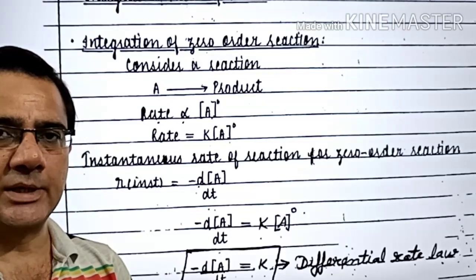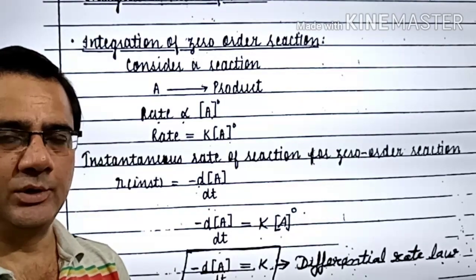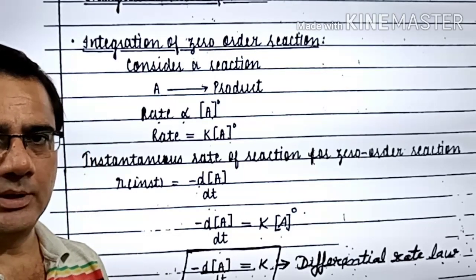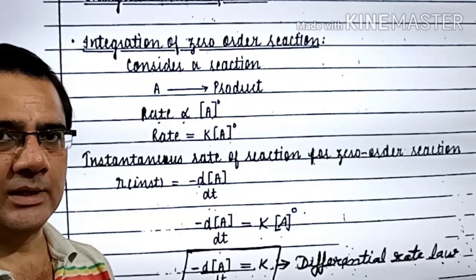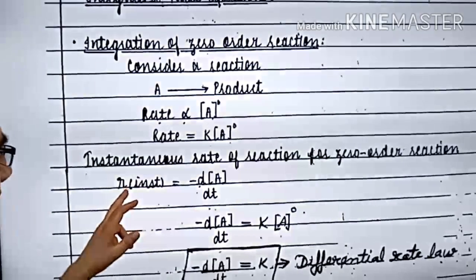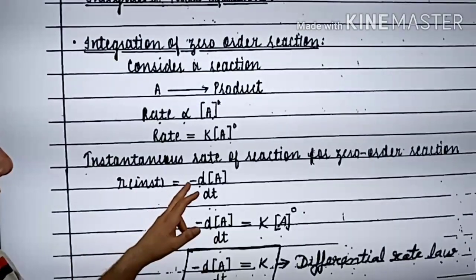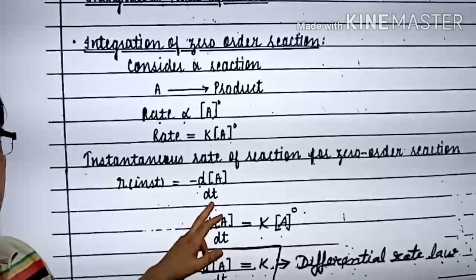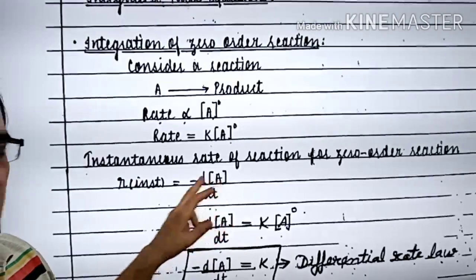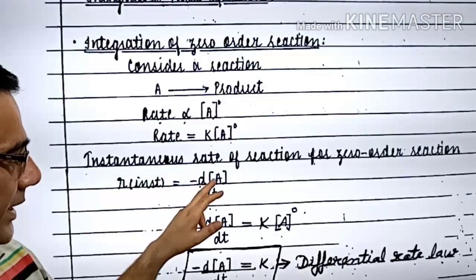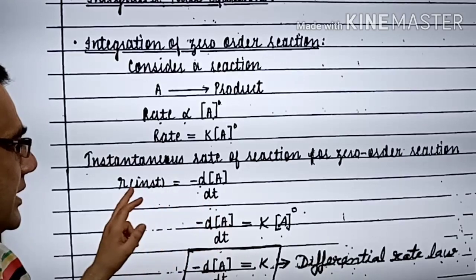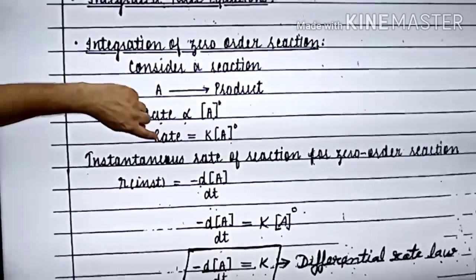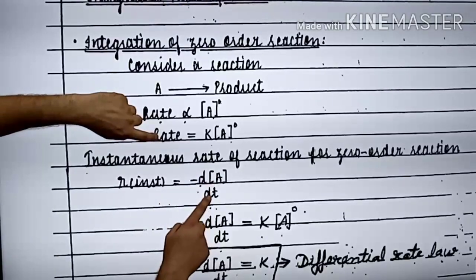That already we have studied in my previous video. I have told you instantaneous reaction rate is written in terms of dx upon dt, and if we are taking the reactant, then in place of instantaneous reaction rate we write minus d[A] upon dt. This is minute change in concentration in minute time, and since A is the reactant, so we put the negative sign. So minute change in concentration in minute time, that is written in terms of instantaneous reaction rate. Now in place of this rate we will write minus d[A] upon dt.